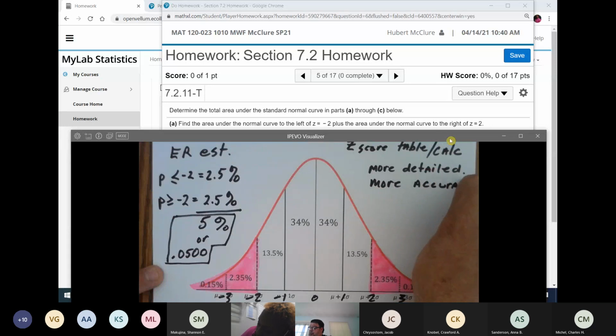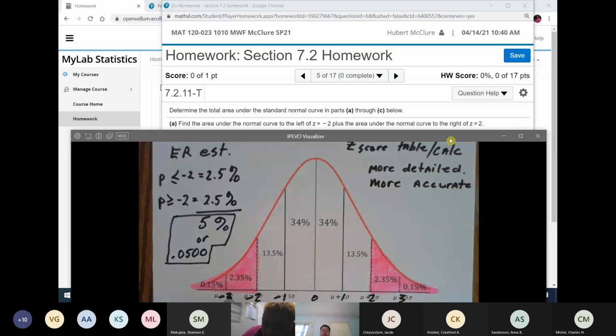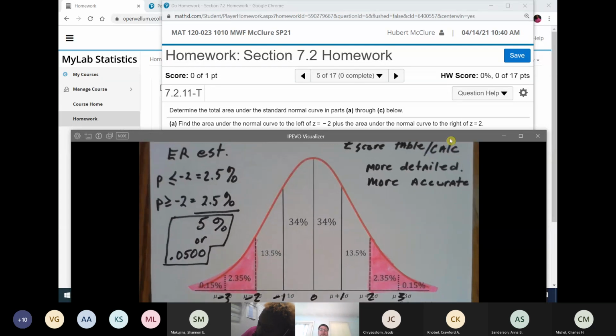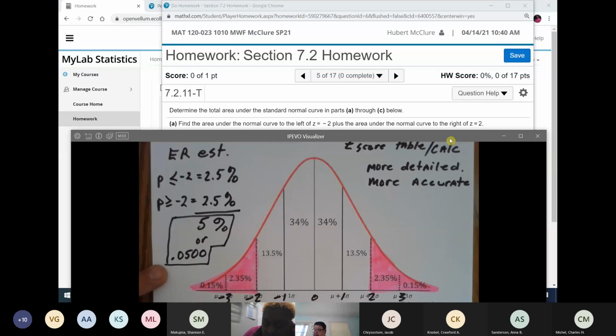Now, can somebody tell me what you notice about these two regions? They are what to each other? Identical. They're identical. They're symmetrical. So when you have two areas that are symmetrical, then you can just take the area and multiply by what? 2. So if you have two areas that are symmetrical,